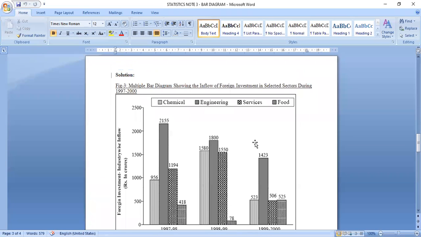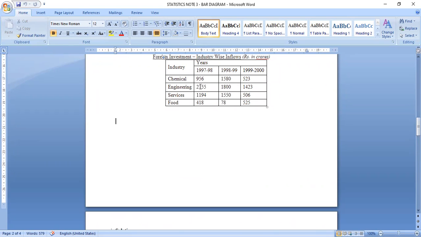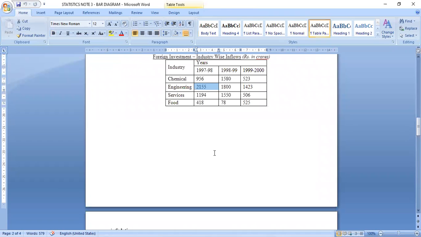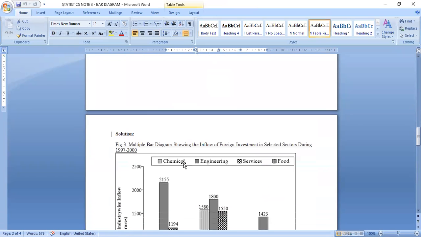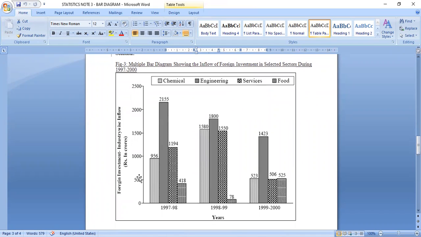And again, if you go for these details, the maximum value is 2155 and so on. So I go for a huge gap. See this gap: a 500 gap will be given, 0 to 500, 500 to 1000, 1000 to 1500, then 2000, then 2500. And apply your common guess with style.